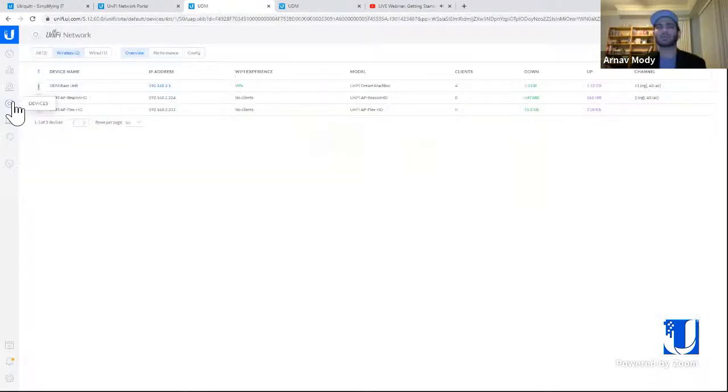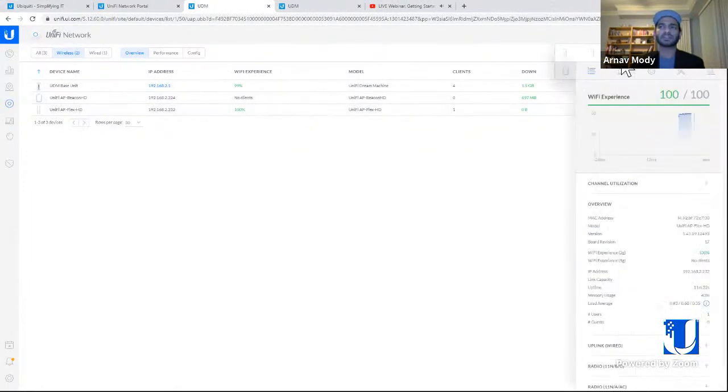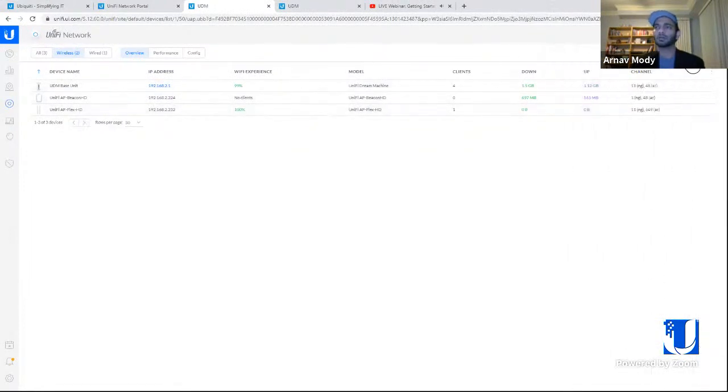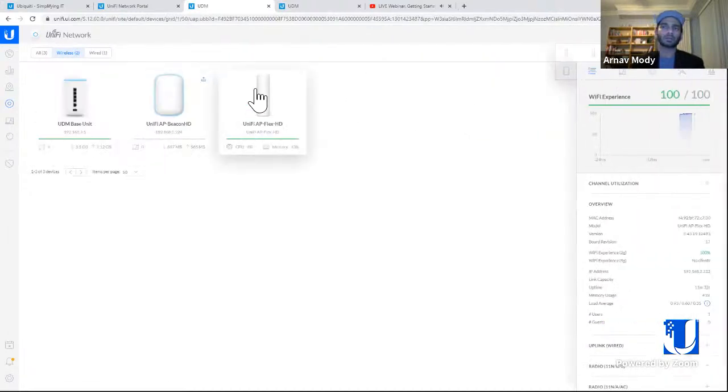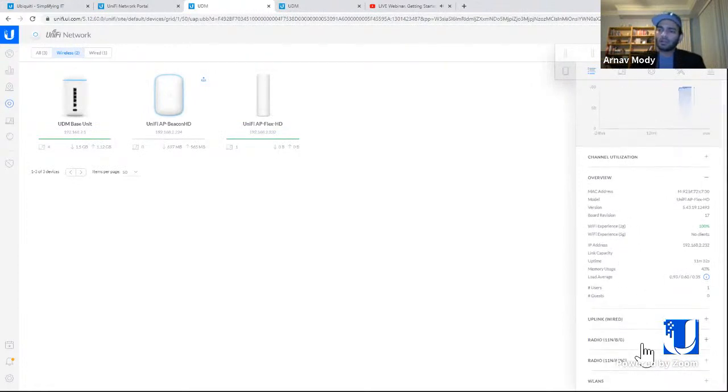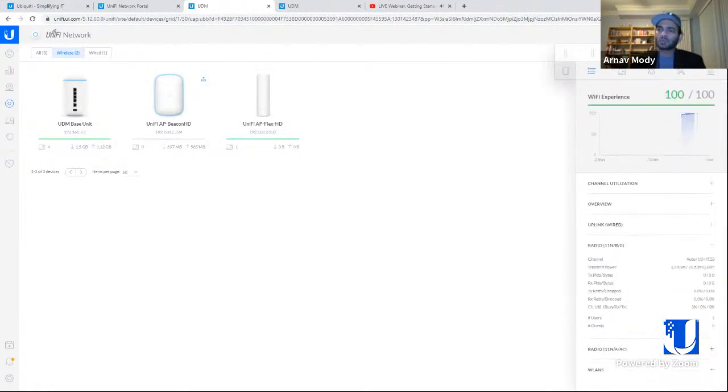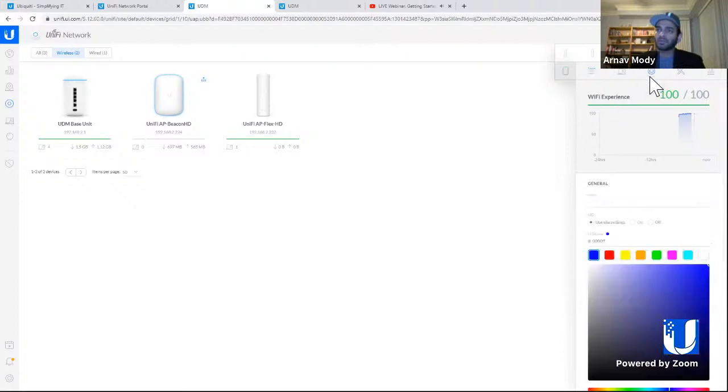One thing I do want to talk about though is, if you see right now, the UniFi Flex HD has been adopted, right? It's been adopted here. So let's click on this and let's see what you can do per device as well. What's very interesting is that out here you can set the WLAN groups as we had seen earlier. You can select which WLAN groups are assigned to the access point. If you go into the settings section, sorry,